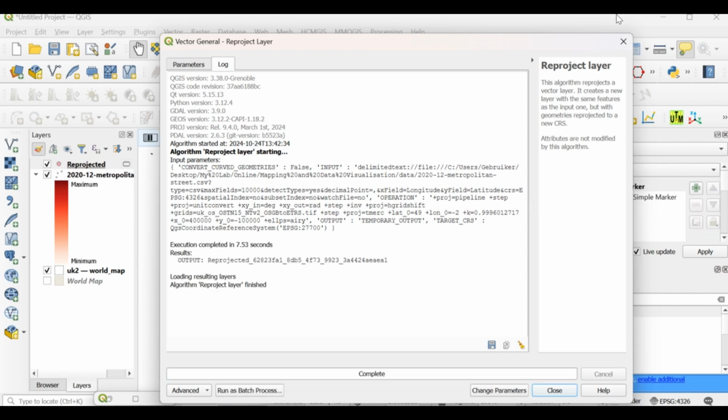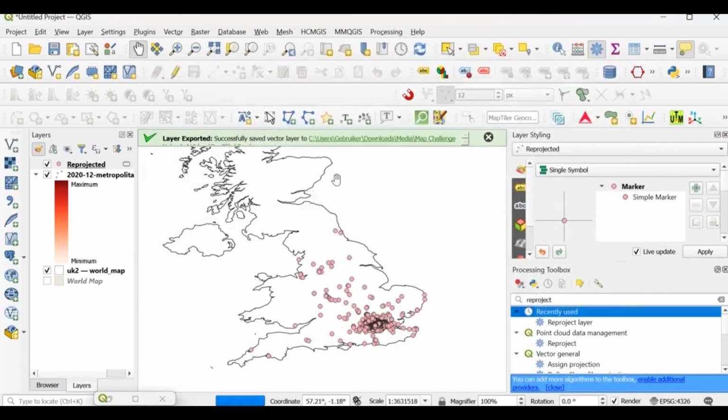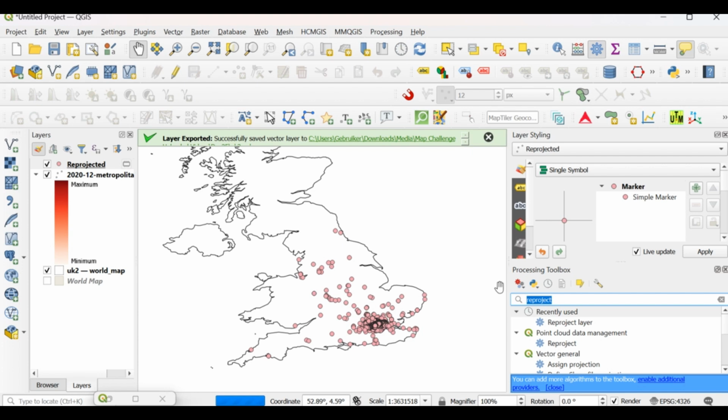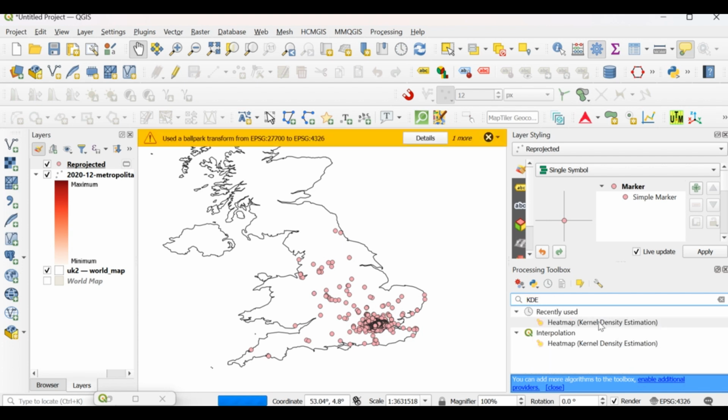You can see that there were more than 8,000 records, so it is always going to take a while. You can see that this is still rendering. But since we have the reprojected layer, we can just go straight to the KDE, the kernel density estimation.